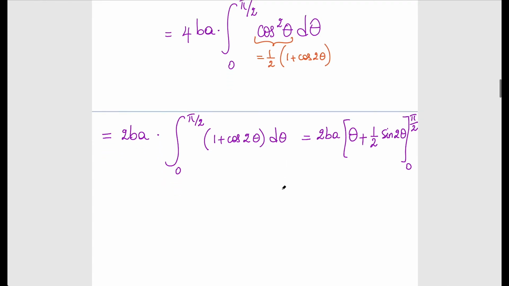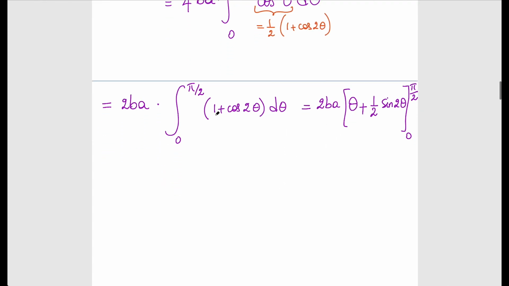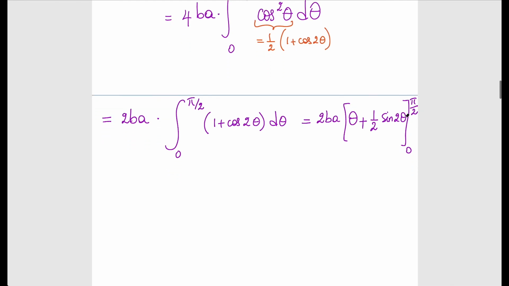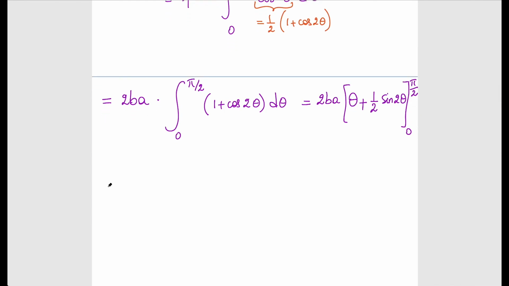Okay. Alright, so realize here, because this is a definite integral, we don't have to convert back to the original variable, which was x. Just because it's a definite one, I can evaluate it now. This is going to be equal to twice ab times, let's evaluate this at the upper bound, pi over 2. So I'm going to get pi over 2